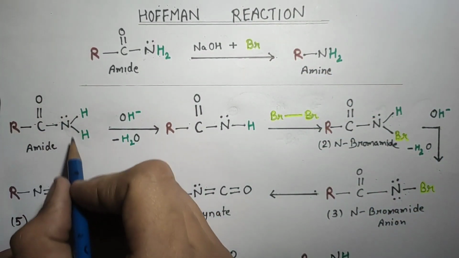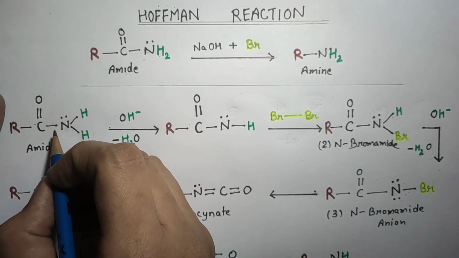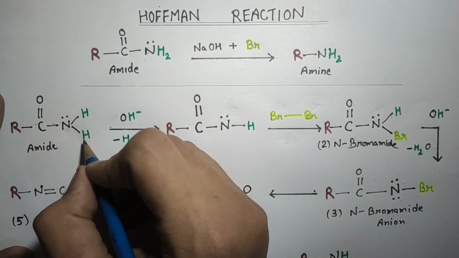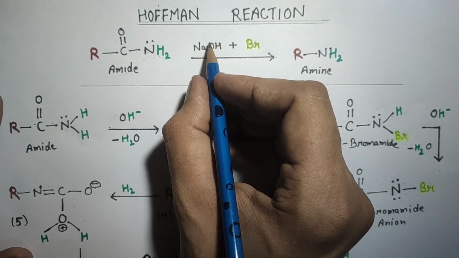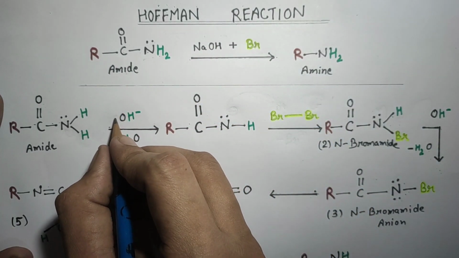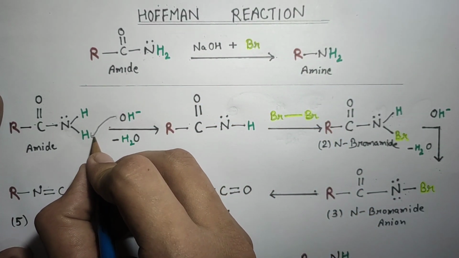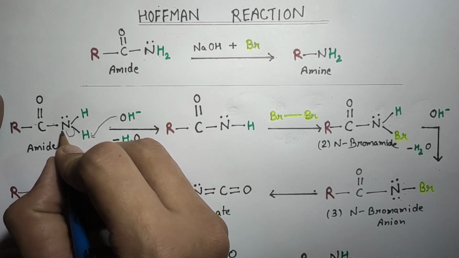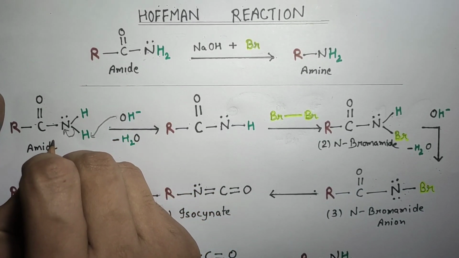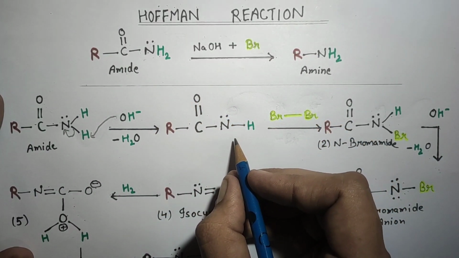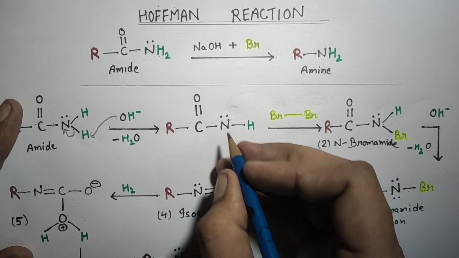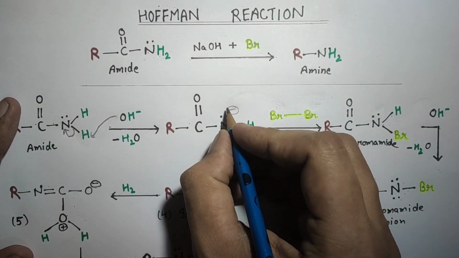Here amide is our substrate. Now as this amide contains these two acidic hydrogens, as we are adding this strong base, the hydroxide of this strong base will abstract this acidic hydrogen and this bond will break and electrons will shift to nitrogen, giving rise to this anion of amide, or we can say its conjugate base. Here nitrogen is negatively charged.